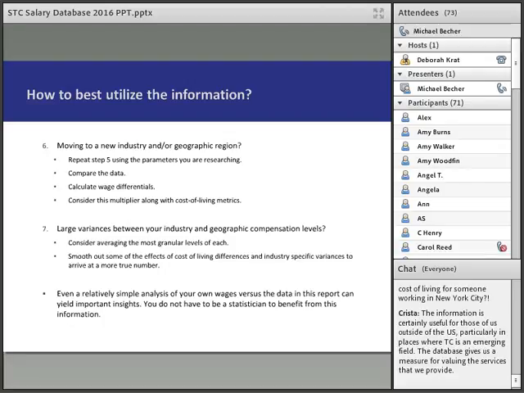The sixth step is, if you're moving to a new industry or geographic region, you would repeat step 5, honing in on that industry or that new geographic region that you would be moving to. And then once you do that, you're able to compare the data from where you currently are to where you're looking to move. And with that, something that you would want to keep in mind is that you're able to